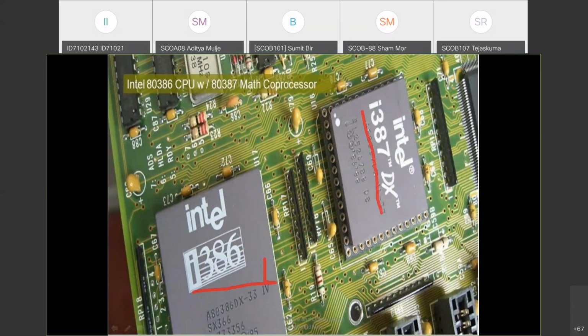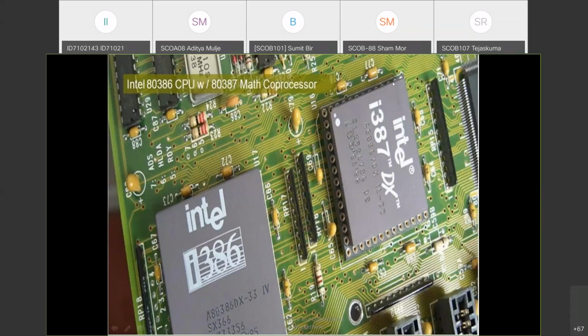The 80386 processor is shown in this diagram. On the CPU, there are two types of processors: one is a main processor and another one is a coprocessor, which is shown in this diagram. Now we are going to see the actual topic in your syllabus.